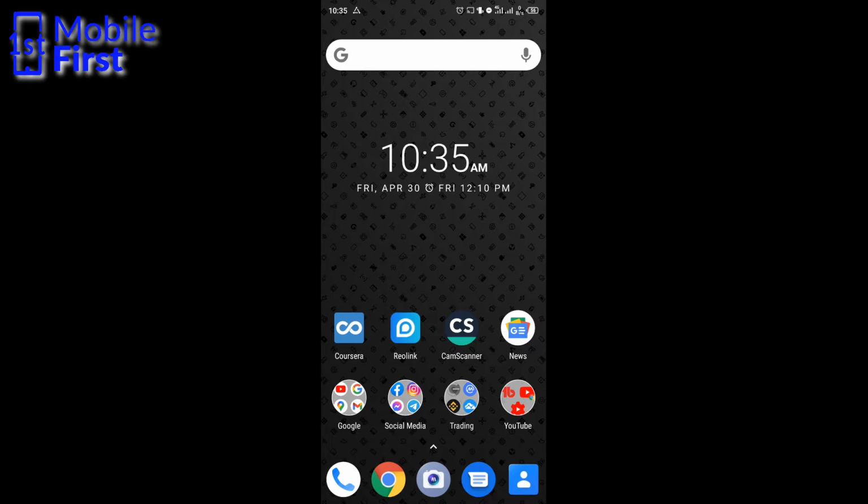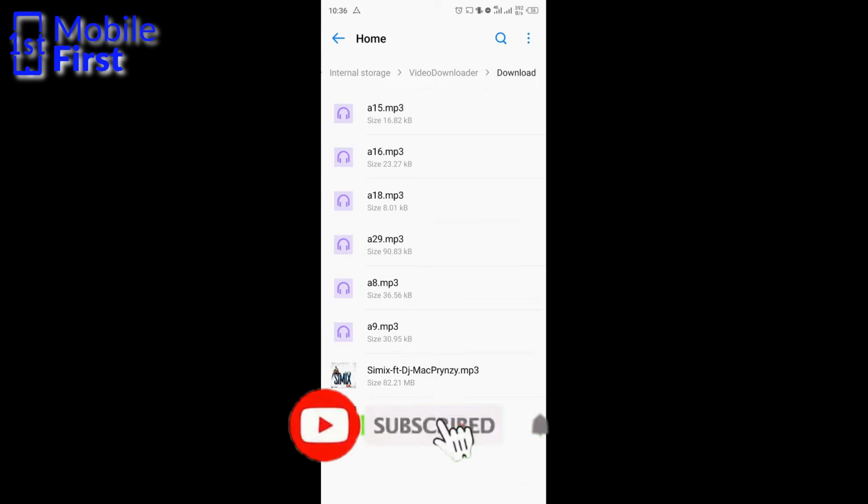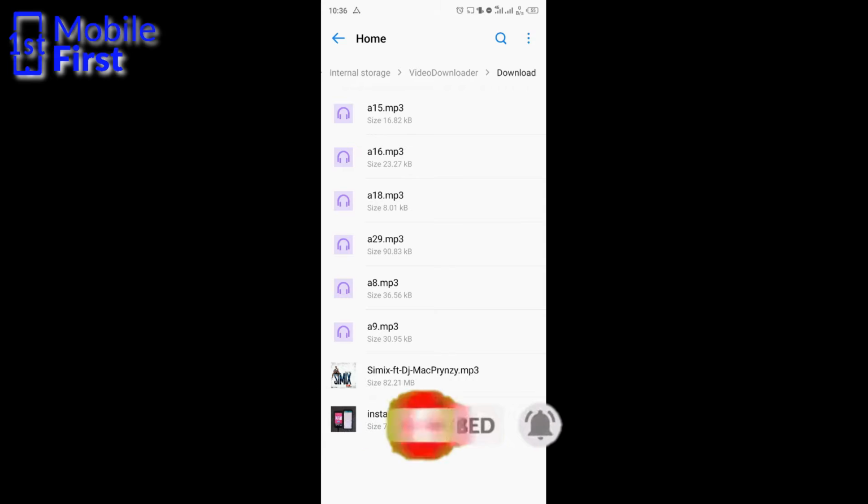You start by downloading the files that you want to use as your custom notification sound. In my own case, I had already downloaded the files and kept them in my device. These are the files that I want to use for my custom notification sound. Having identified the location of the sounds you want to use,